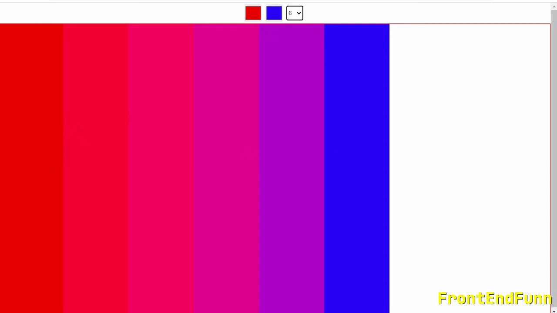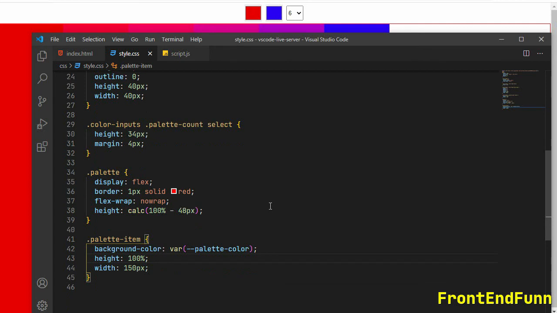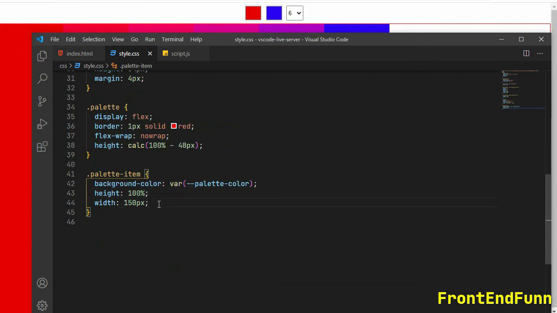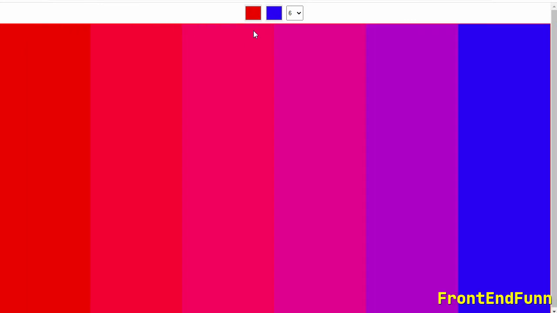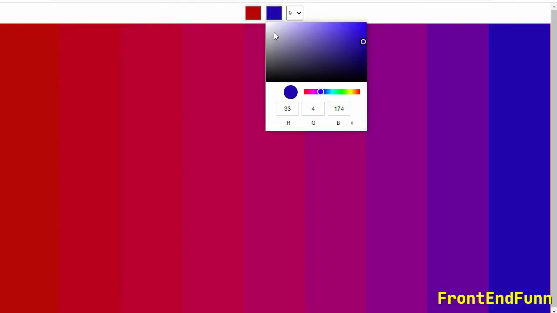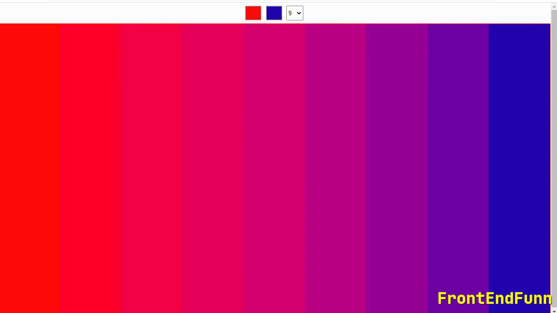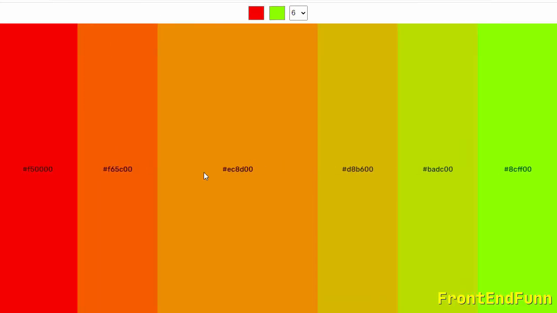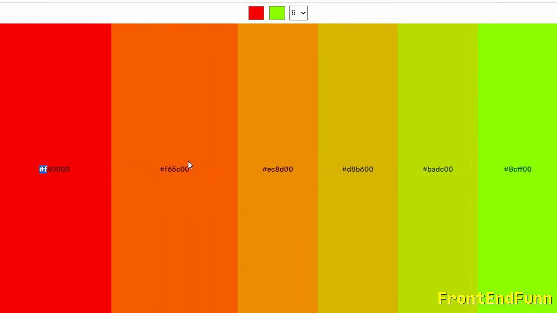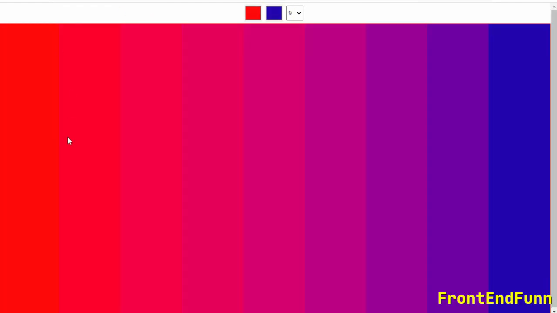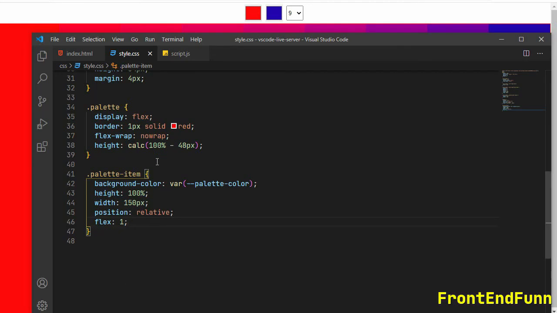So to fill the space, what we can do is we can just add a position relative and flex to 1. Fine, and if you check the final version, as you can see, we are having the color codes on this element.